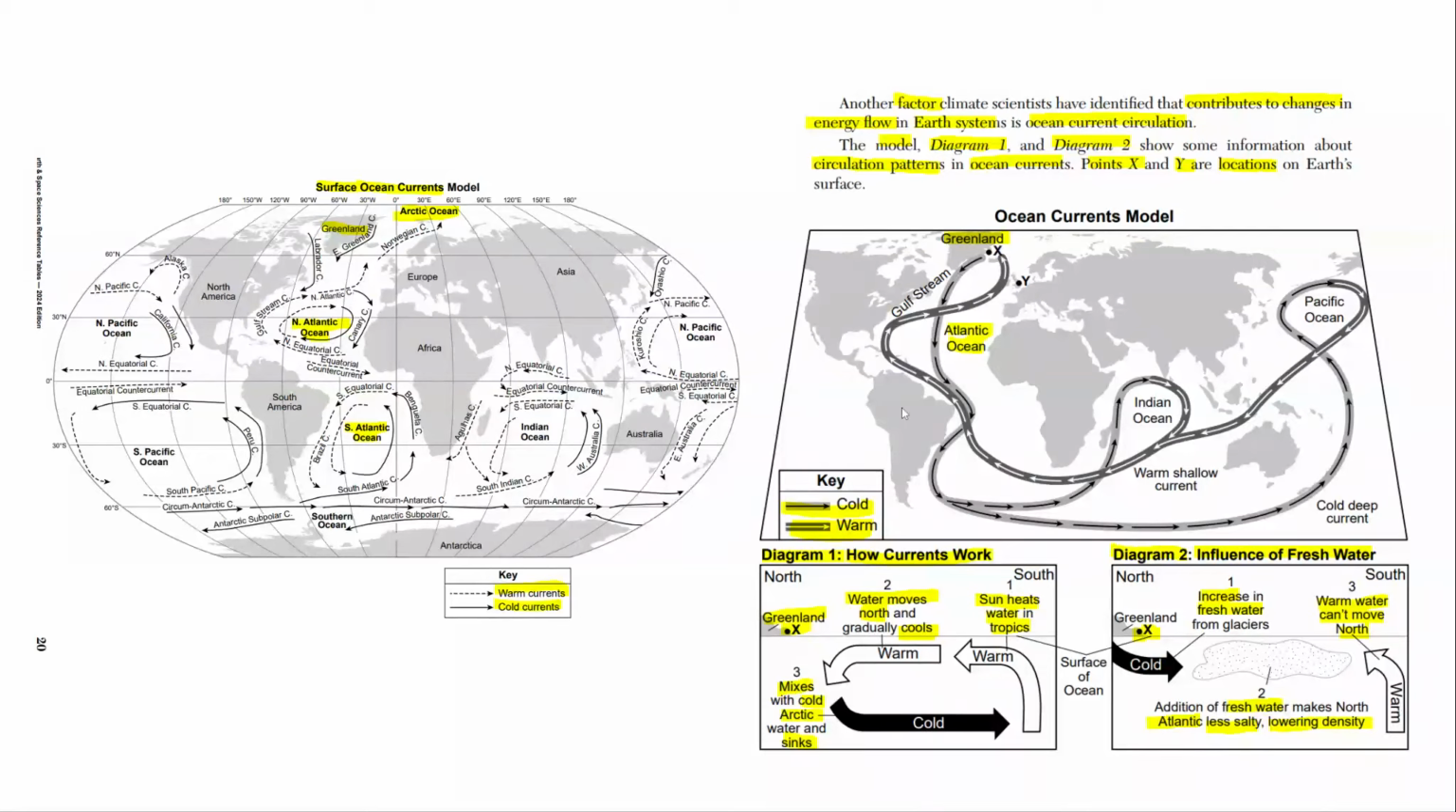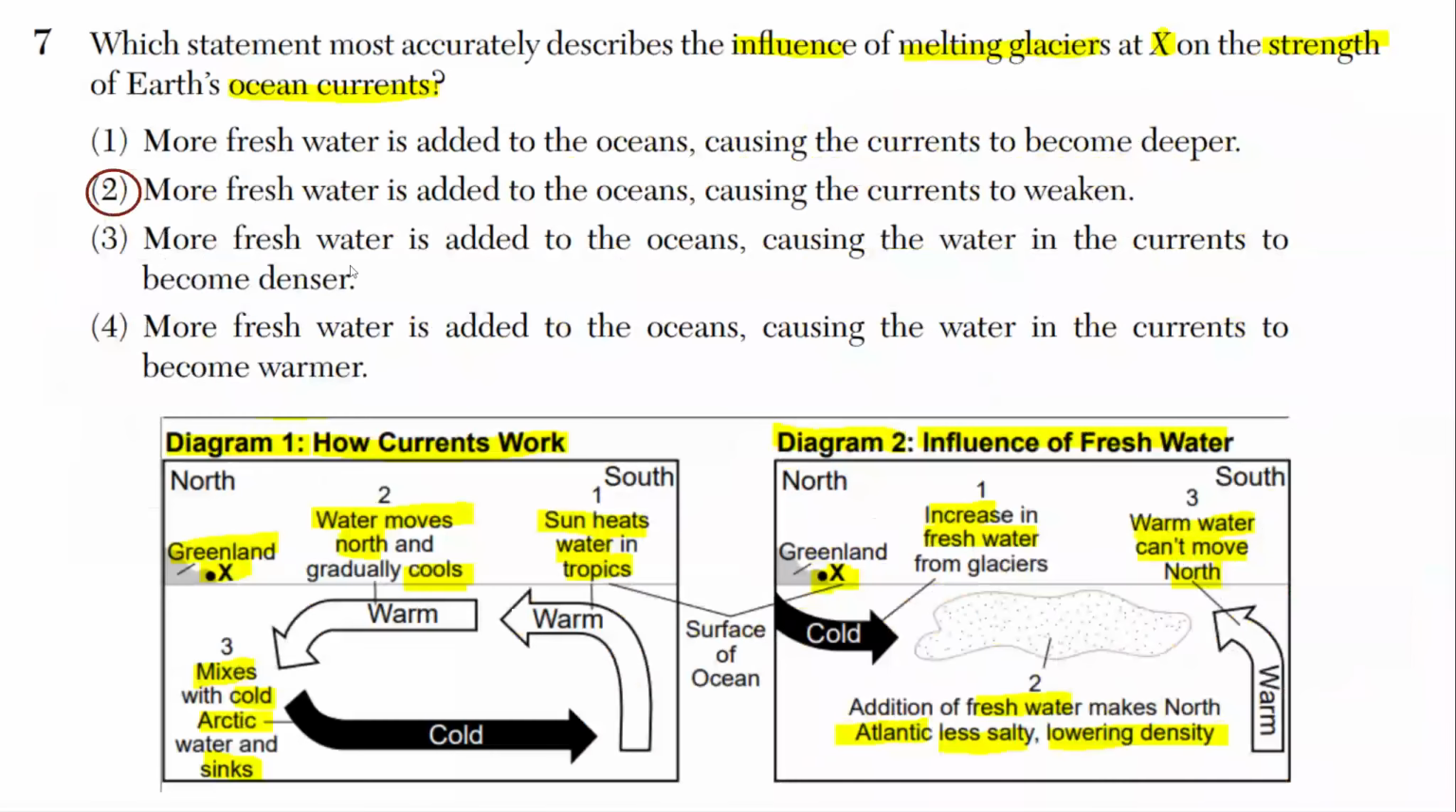If you didn't really understand this, you could go back here and see if you can get more information for yourself. So the correct answer is actually two. If we have melting glaciers, then the influence of melting glaciers at X on the strength of the ocean currents should be that the ocean currents weaken. So more fresh water is added to the oceans near X where Greenland is,